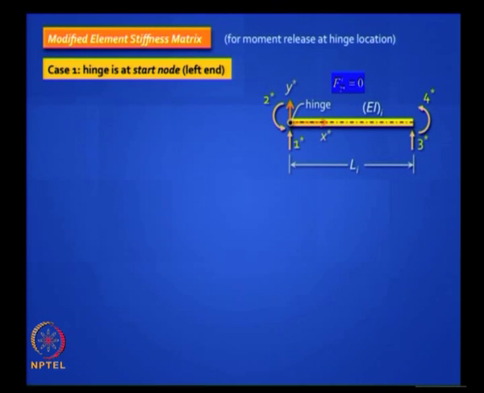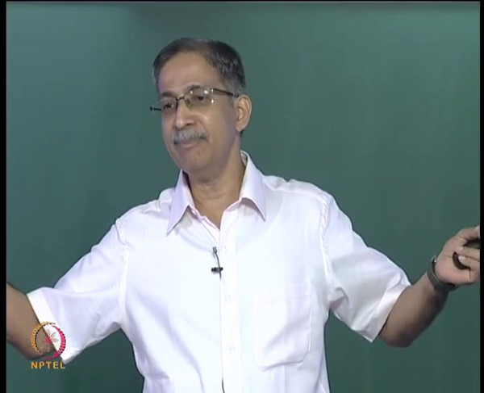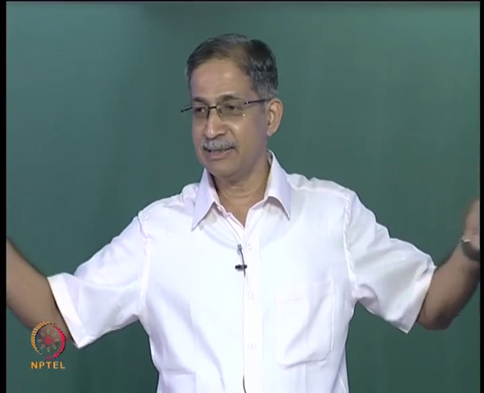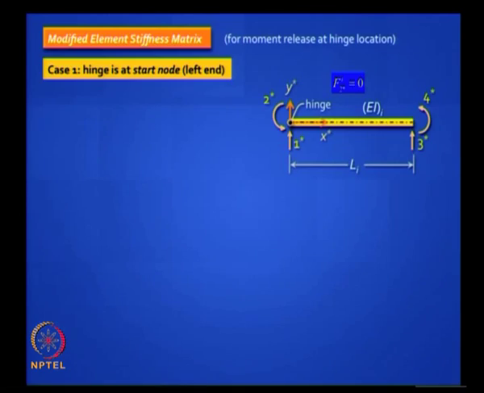So let us take the first one. You have got a beam, the hinge can be at one end, left end, right end or both ends. You can have two hinges inside a structure. So let us handle all possibilities. For example, the balanced cantilever bridge has two internal hinges in the suspended span region, okay. So let us take the first one where you have one hinge at the start node which is at the left end, okay. We are not reducing the number of degrees of freedom at the element level.